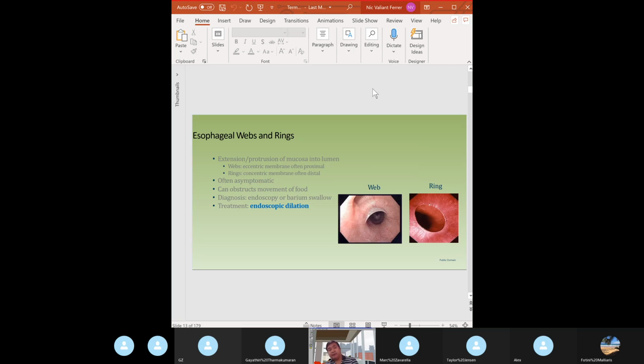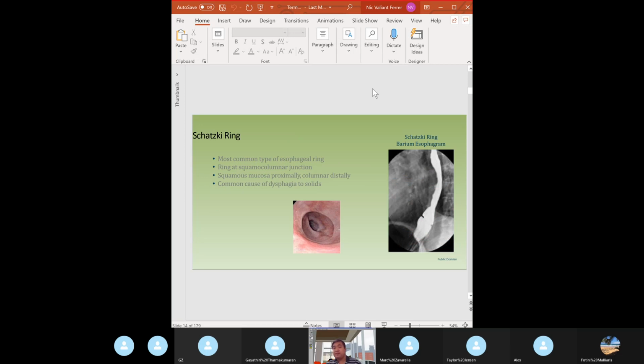What's the diagnosis? Endoscopy. What's the treatment? We can do endoscopic dilation. Pay special attention to Schatzki's ring. This is the most common type of esophageal ring. What is this? Where is the ring? The ring is at the